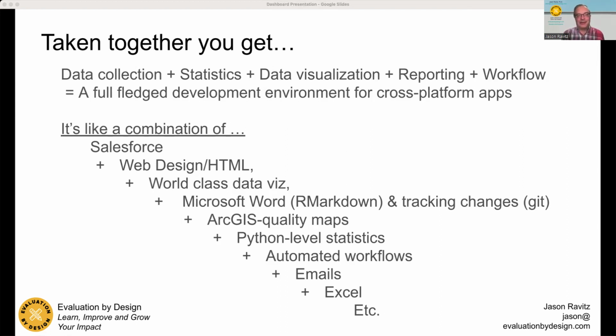And my view of this, having used a lot of different tools, is it's kind of like Salesforce with web design and HTML, with world-class data viz, with the ability to create high quality reports and track changes and quality maps and statistics and automated workflows, emails, Excel, et cetera, et cetera. That's kind of why I'm excited about using this, and it's a lot of fun for me.